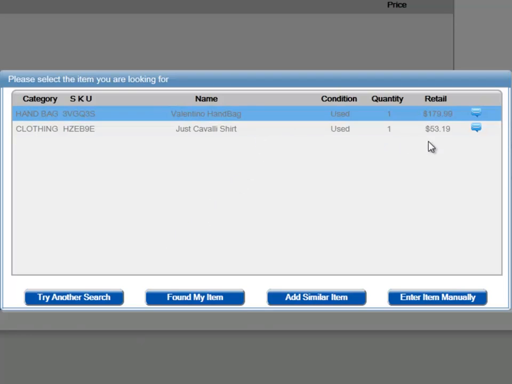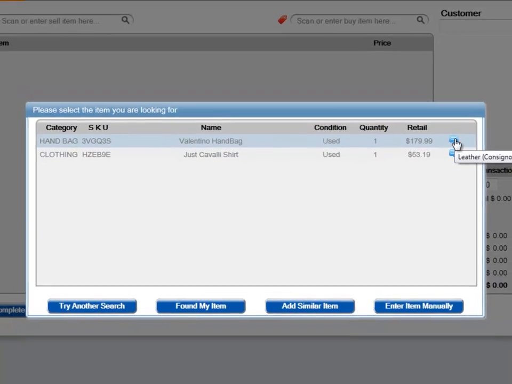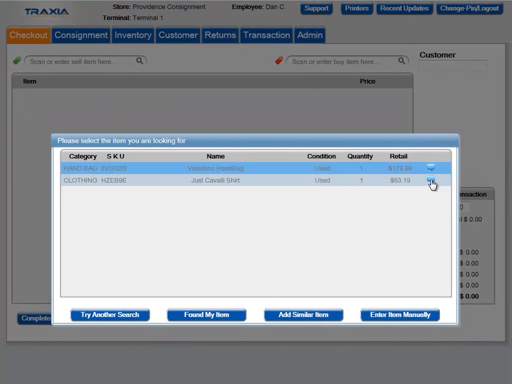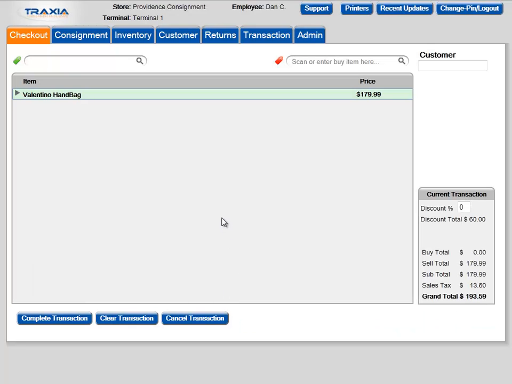Please note, you can hover over the blue icon to the right of the retail price for more information about certain items. For the purpose of this demonstration, we'll select an existing inventory item from the list and click Found My Item to continue. If changes need to be made to the item, click the line item to expand its